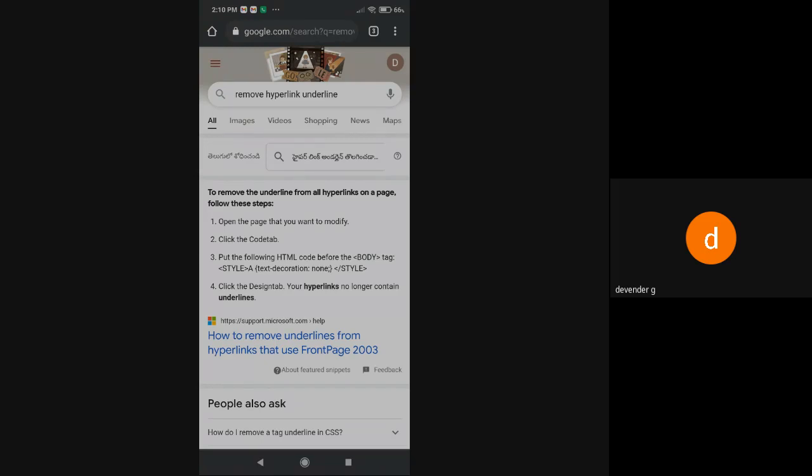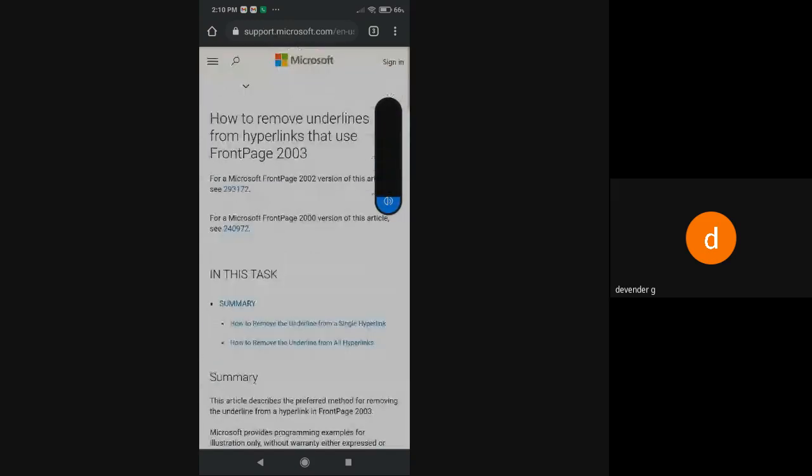On the screen, can you see there is a google.com search? Yes, sir. On the screen, there is something called support.microsoft.com/en, you are getting it, no?